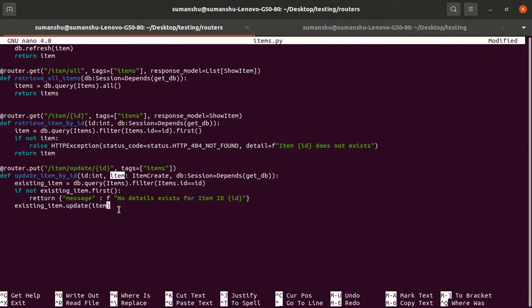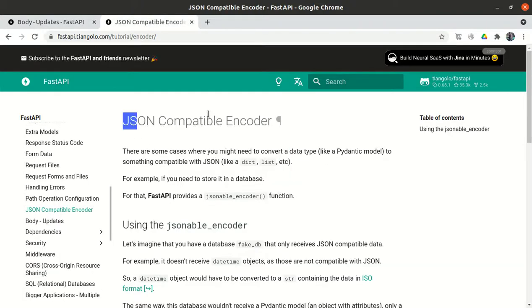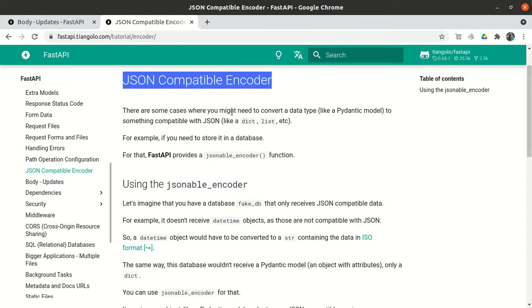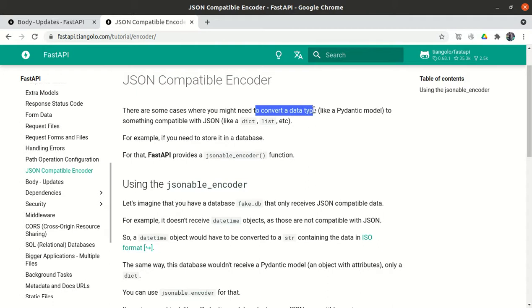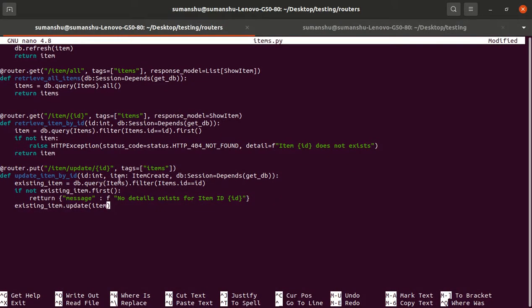To convert a pydantic schema, we have the jsonable_encoder function. There are some cases where you might need to convert a data type, like a pydantic model, to something like JSON or a dictionary or list. So we have to use that, and the same thing we have to do here.